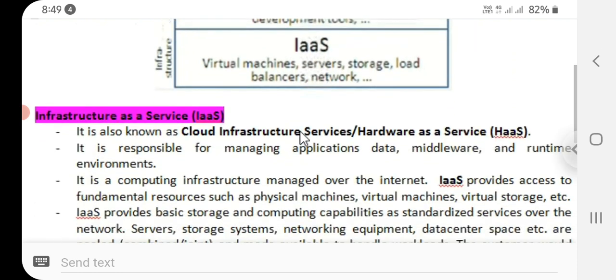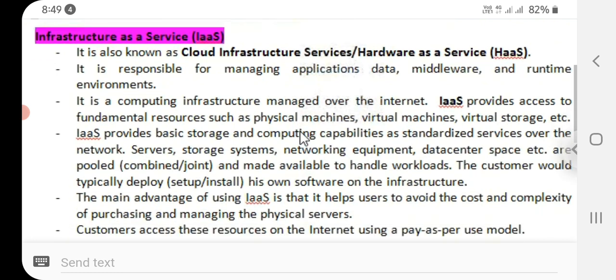First, let's see infrastructure as a service, that is IaaS. It is also known as cloud infrastructure services or hardware as a service. It is responsible for managing applications, data, middleware, and runtime environments.